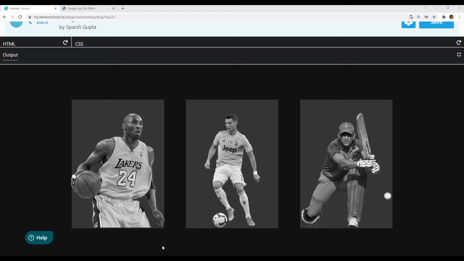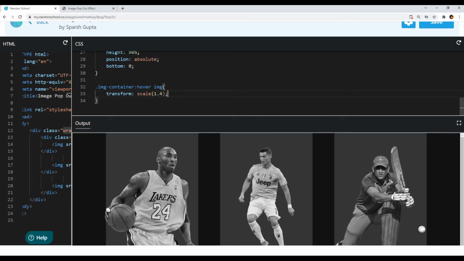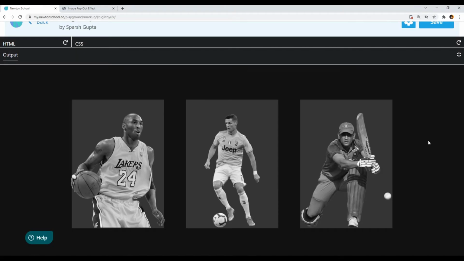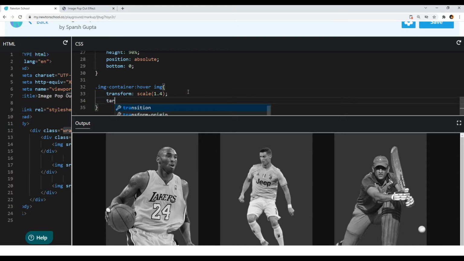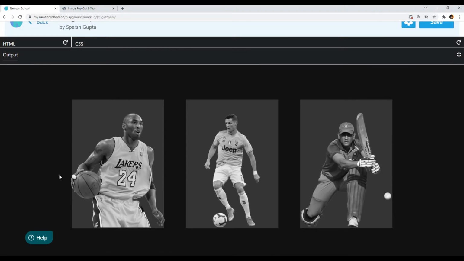So transform origin is basically the point from where the transformation starts. So in our case, the transformation is scaling. Therefore, the transform origin will be the point from where the scaling starts. Let me show you an example. Let's say if I define a transform origin at 0 from the x-axis and 50% from the y-axis, then the scaling will start from 0 from the x-axis and 50% from the y-axis. That is somewhere here, and you can see the scaling is starting from this point.